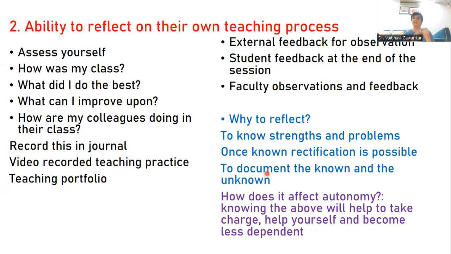So, the first point is reflection. How does reflection affect autonomy? First, when you reflect, you self-assess. When you start self-assessing, you start becoming aware. What do you become aware of? The rectifications that need to be done, and the strengths you need to capitalize on. And when you are done with these, your strengths, your problems and your workings,